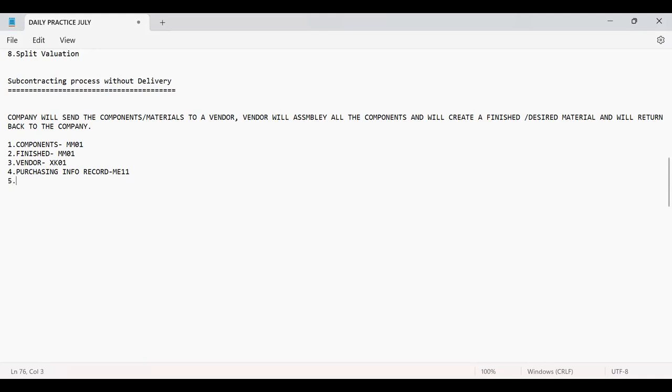Then we will create the BOM, bill of material, with T code CS01. Then after, we will create the subcontracting PO with item category L,